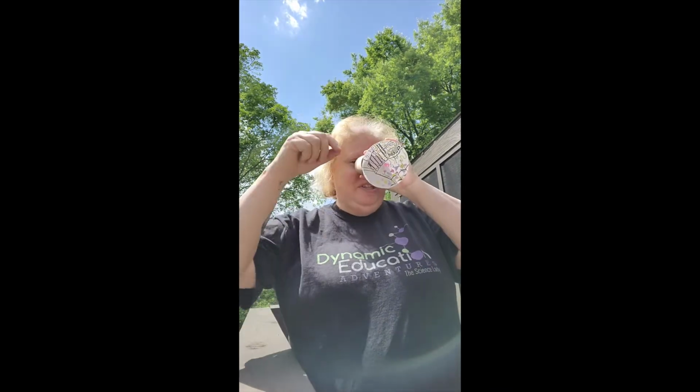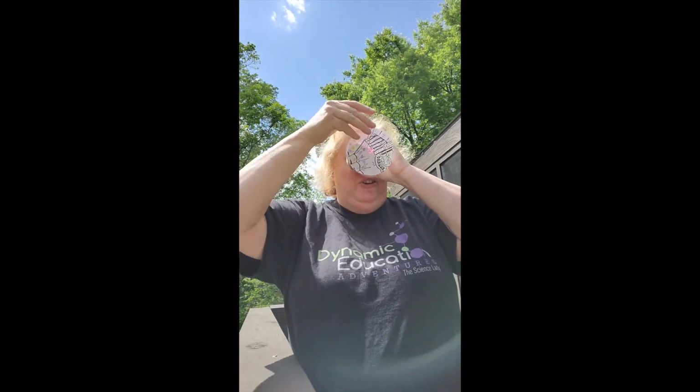All right, so now when I look through here, you look up here at the light. Oh, you know what? We'll go outside and try. Okay, let's check out our kaleidoscope in the light. I'm just going to look right through here and spin this around. I want to make sure that it looks super cool, that circle is completely covering